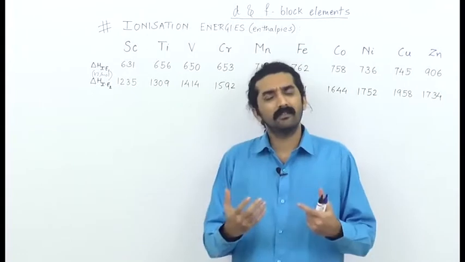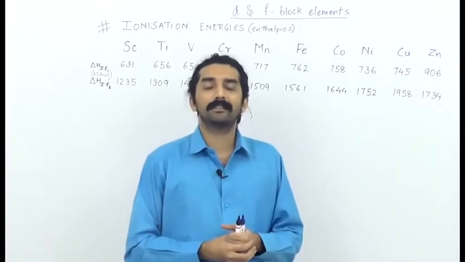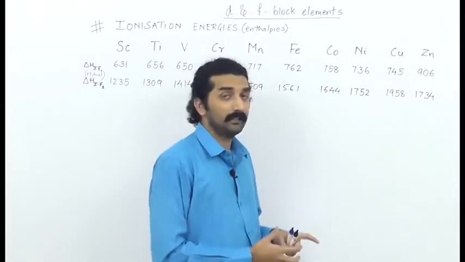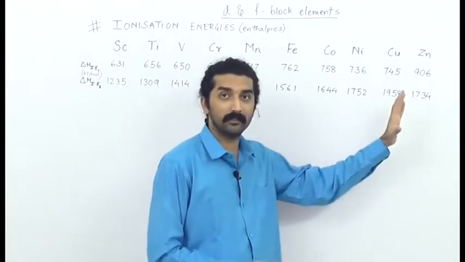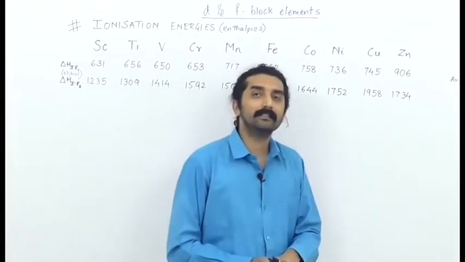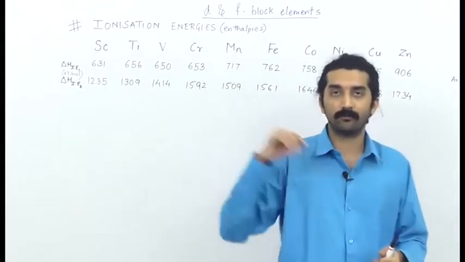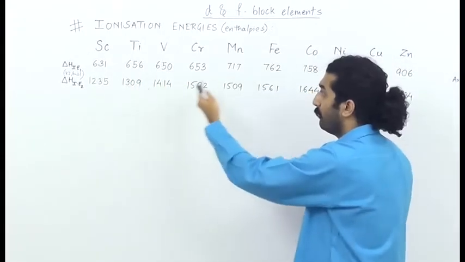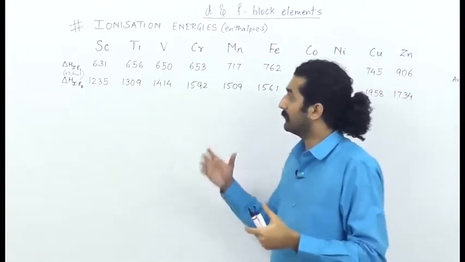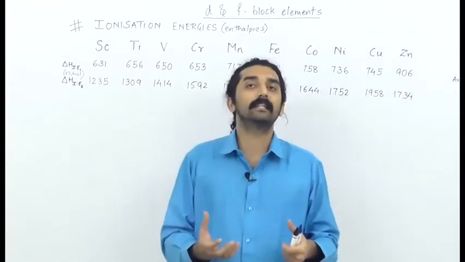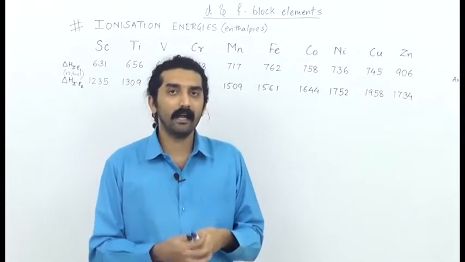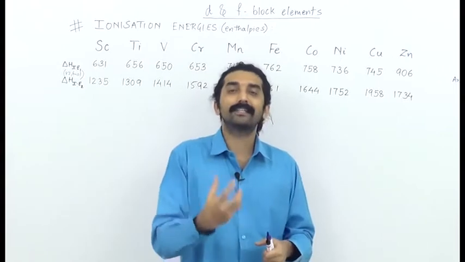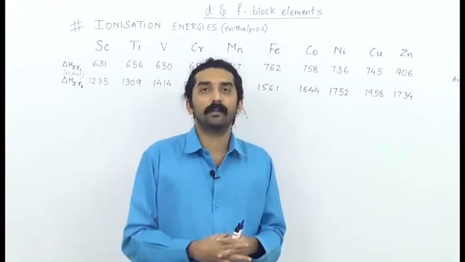Now, what is more important to focus on is the variation. This is something that we must have previously discussed in the S block and P block ionization energy variations, that as you go across a period, this is one period, right? In this particular period, when you go from left to right, you will notice that the ionization energies increase. Now, why does that happen? That happens because as you go from left to right, the number of electrons increases in the outermost shell, right?